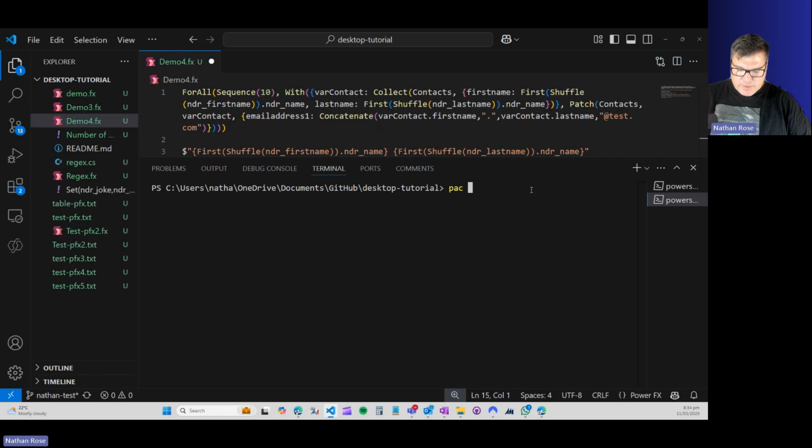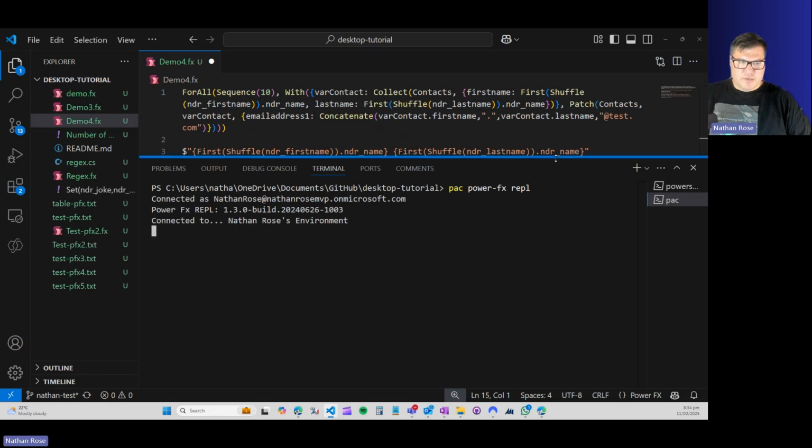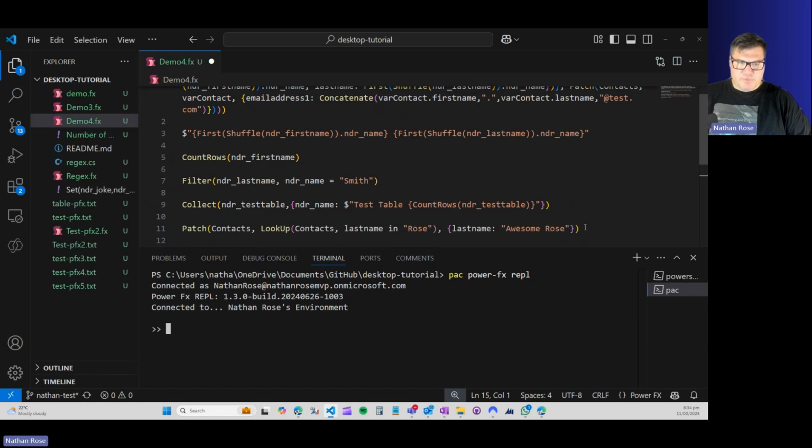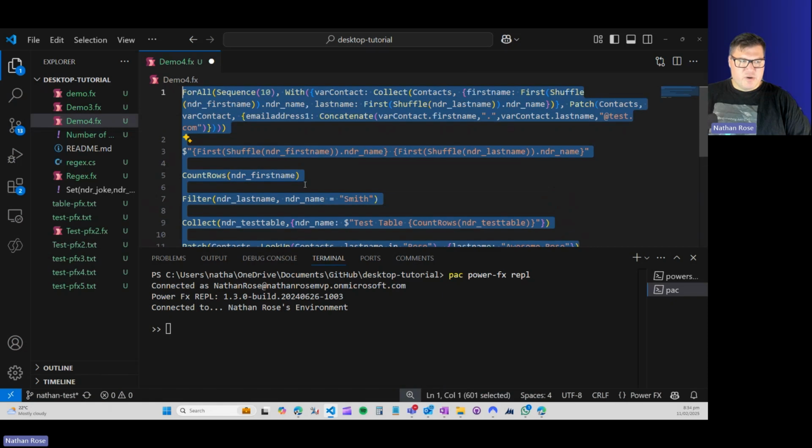I'm going to say pac power-fx repl. And what this does is it lets me run PowerFX commands in my command line interface. Now, in this PowerFX REPL, there is a character limitation. So if I have to run a big complex formula, let's say I want to copy paste this in,